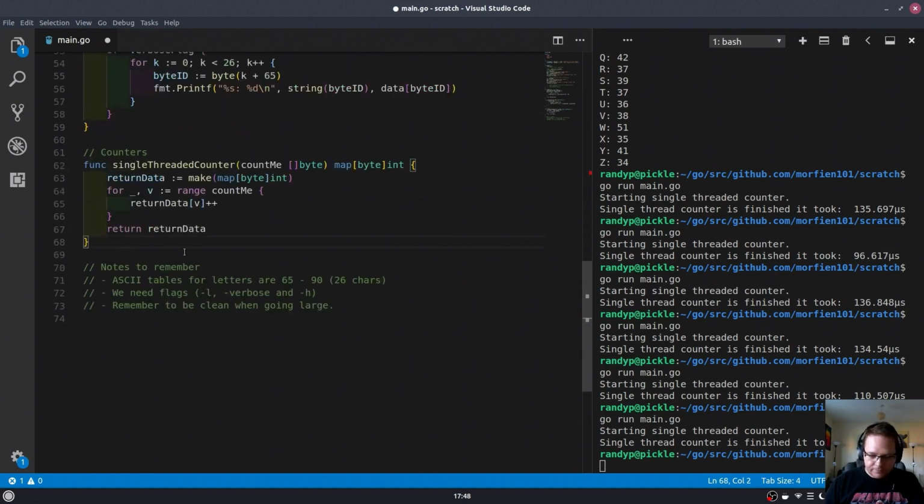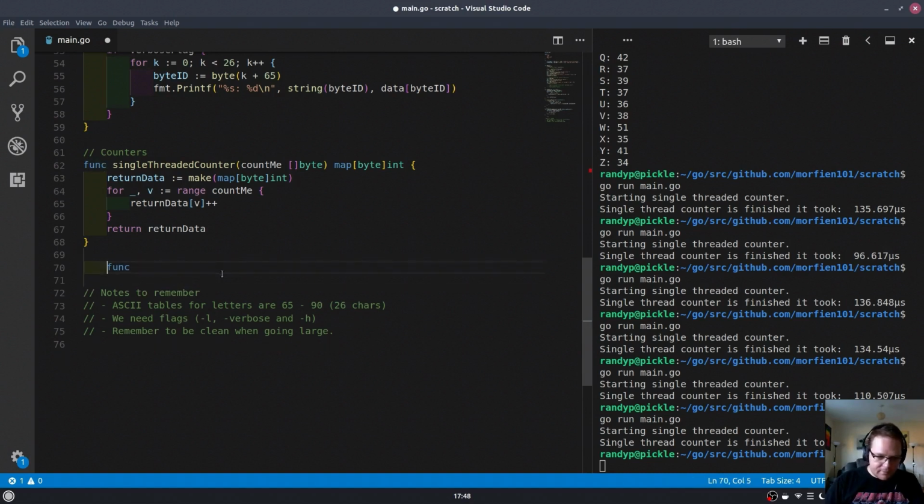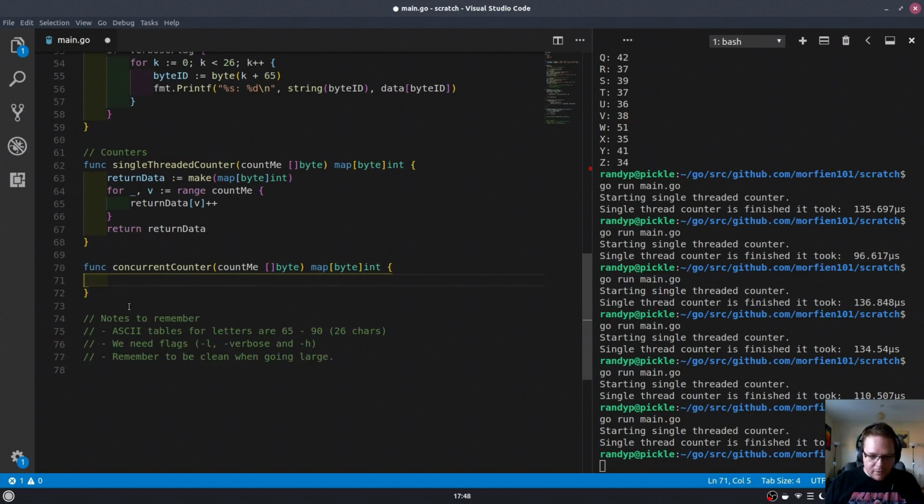Okay. So it's a function again. Oh, and what happened there? So it's a function called concurrent counter. It has a thing passed to it called countMe, which is a byte slice, and like the other one, it returns a map of byte and